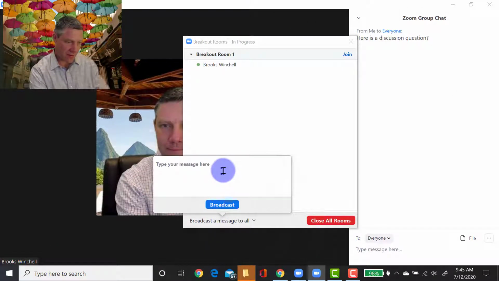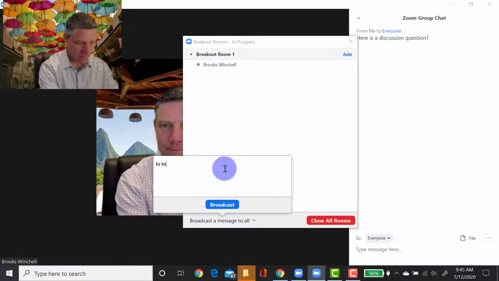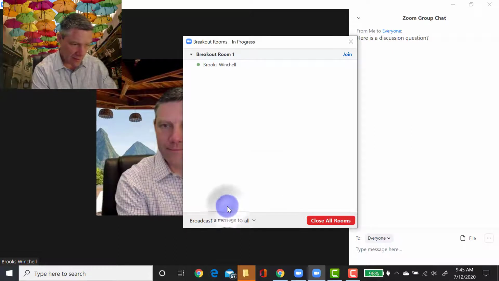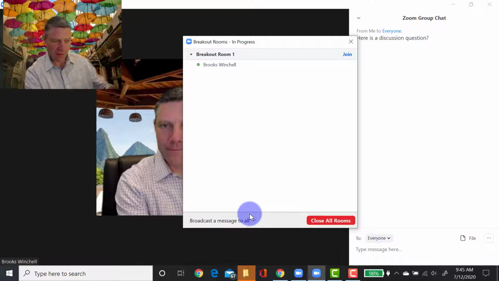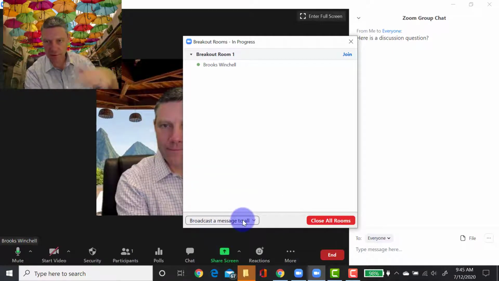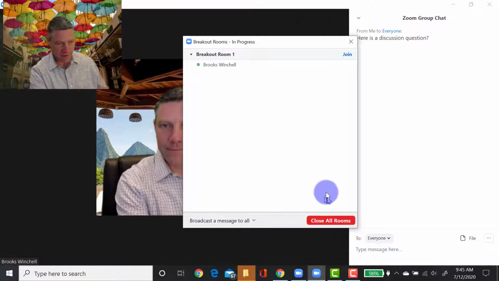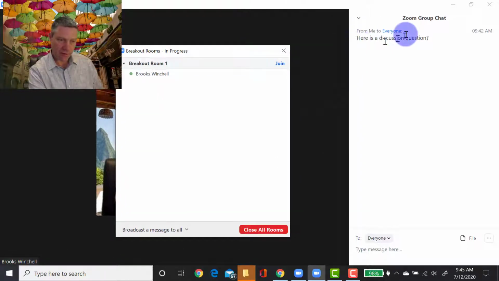We can choose to send a message to everyone. And this is really good if we want to send an announcement that you're going to be closing the rooms, or if you want to send a reminder for a question. It doesn't stay in the breakout room, it'll just blip in the breakout room. And that's why I really encourage you to put a discussion question in the chat so that students can take